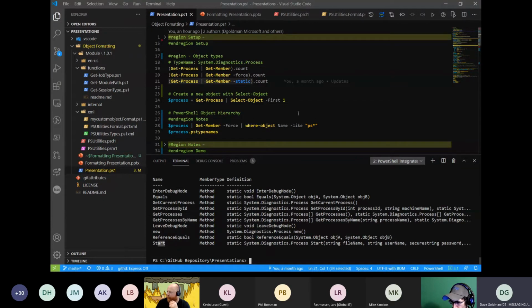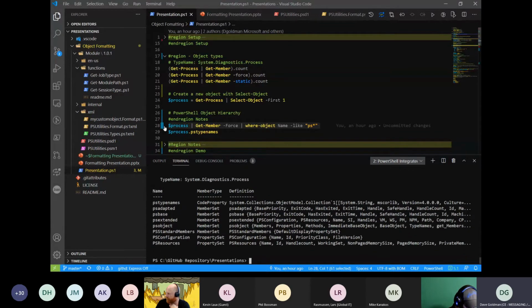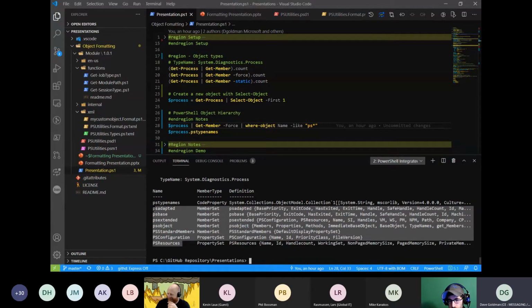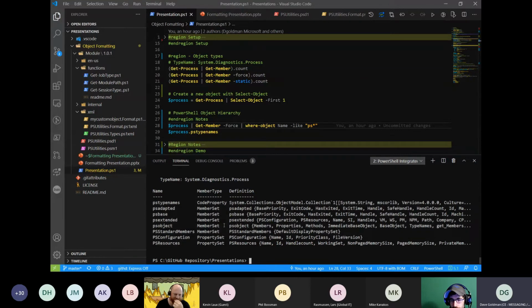So if I go back to my process and run Get-Member, and what I'm doing here is filtering where the name is like PS, I want to pull back all of the PS metadata. You'll notice there are some member sets, some property sets, and a code property. The two we're focusing on here are PSTypeNames, because this is where you can see the birth of this object and what it gets converted to, and then the PSStandardMembers set.